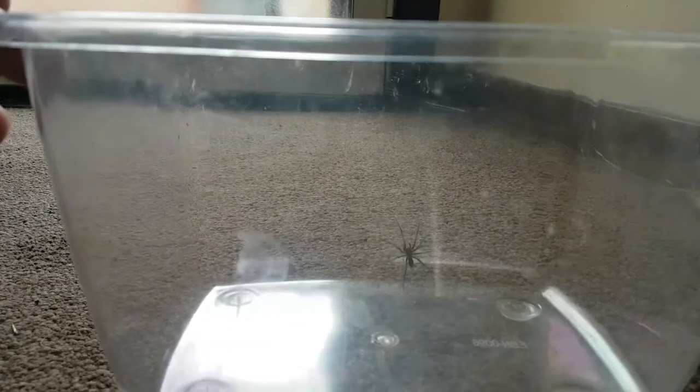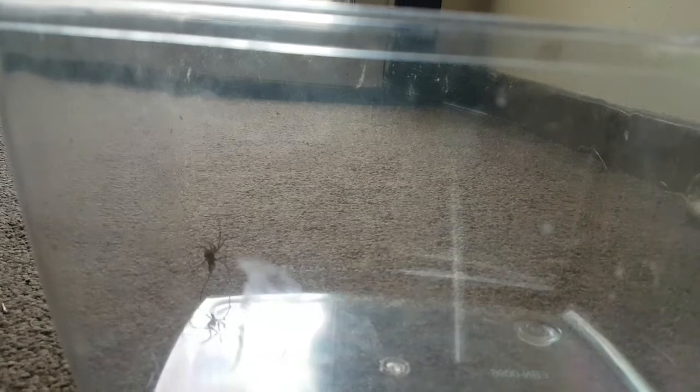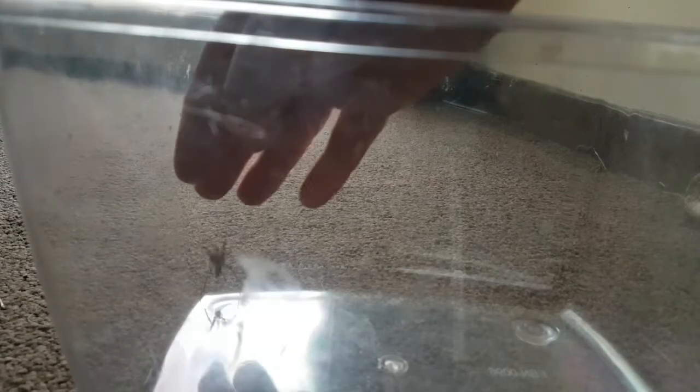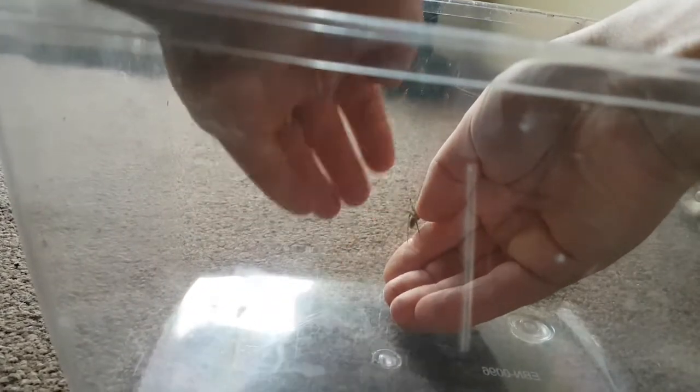So this technique is going to be guidance. Now obviously the spider in this case is trapped within this plastic tub, making it a little bit easier for me to do this technique. But this technique is literally, you don't have to use your hands. You could use some other type of brush or something, but this is where you're using your hands to guide the spider to where you want it to be,